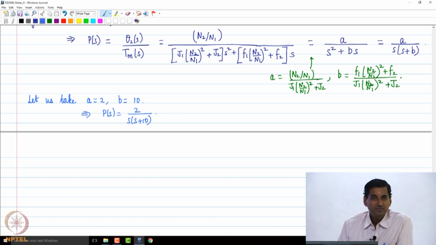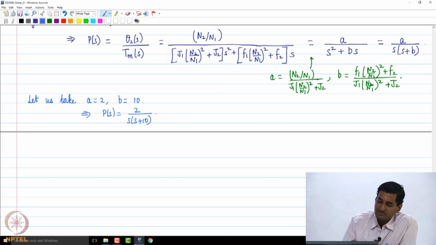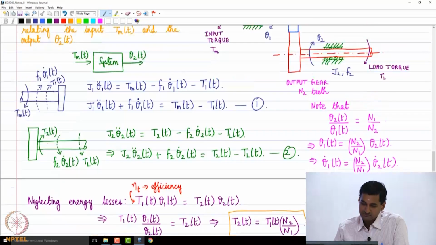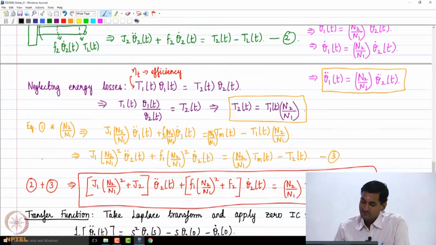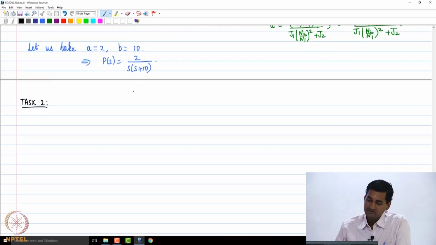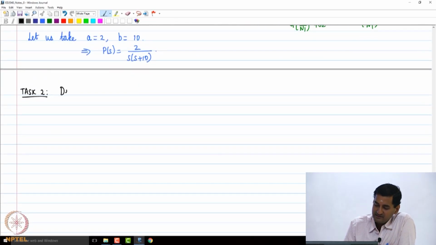So, now the question is for us to design a closed loop feedback system, and then ensure that the closed loop system is stable, and then ensure that it satisfies some performance requirements. Okay. So, that is the second task which I am going to pose. Okay. So, task 2. I hope I called the first one task 1. Yeah, task 1, right. So, task 2 is to design